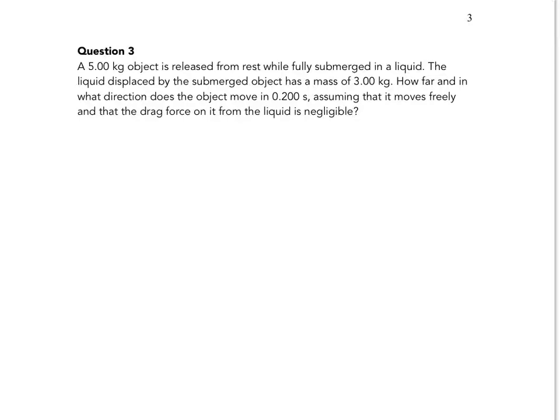So we have a 5 kilo object fully submerged in a liquid, not water, a liquid, and it displaces 3 kilograms of that liquid. So how far and in what direction does the object move in 0.2 of a second, assuming there's no drag force from the liquid, which is a big assumption. So let's write down what we have. We have the mass is 5 kgs. We have the mass of the water that it displaces is 3.00 kg. We've got time,